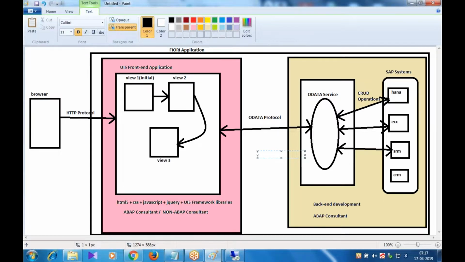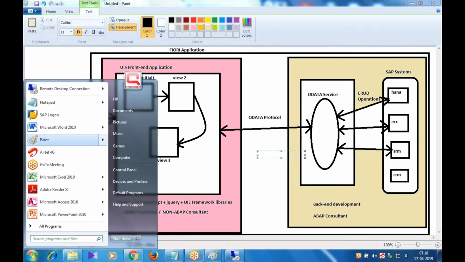Yes, Kiran, we can access any table. That's what I said here. See, suppose this is your SAP system. In your SAP system, you'll have the tables KN1, VBAK, VBAP. So what I have to do, assume that in my UI5 application, I have to display the, try to understand,